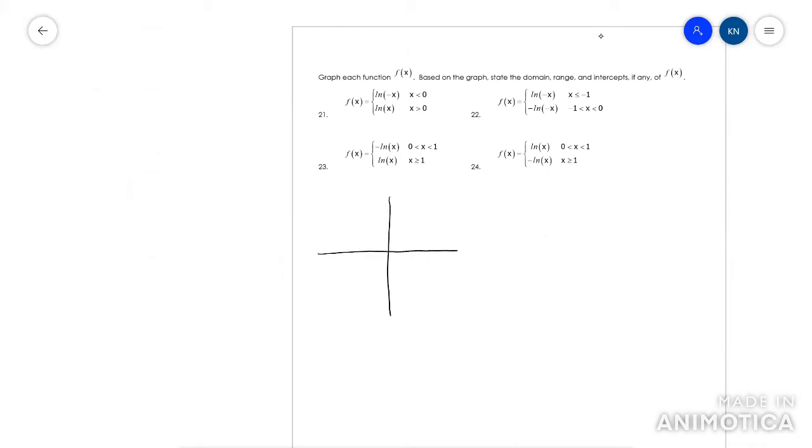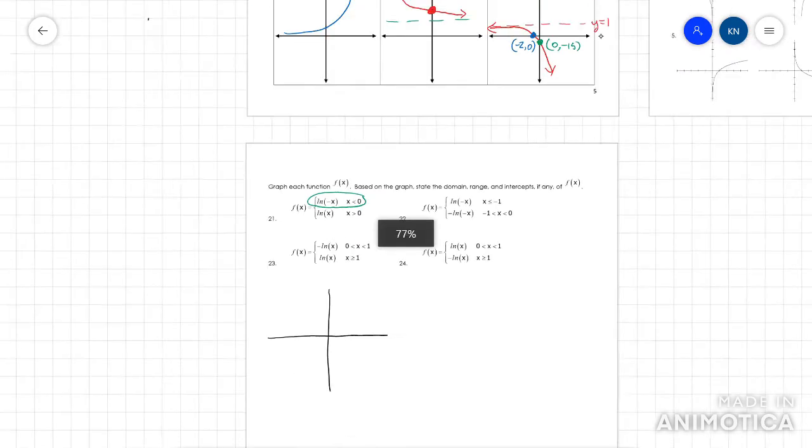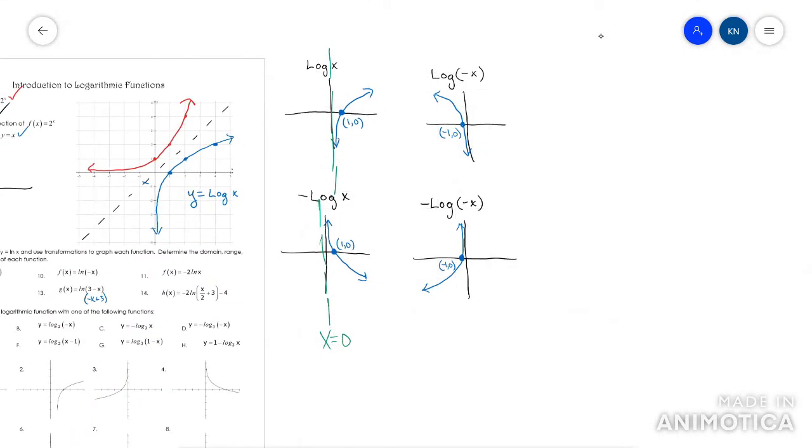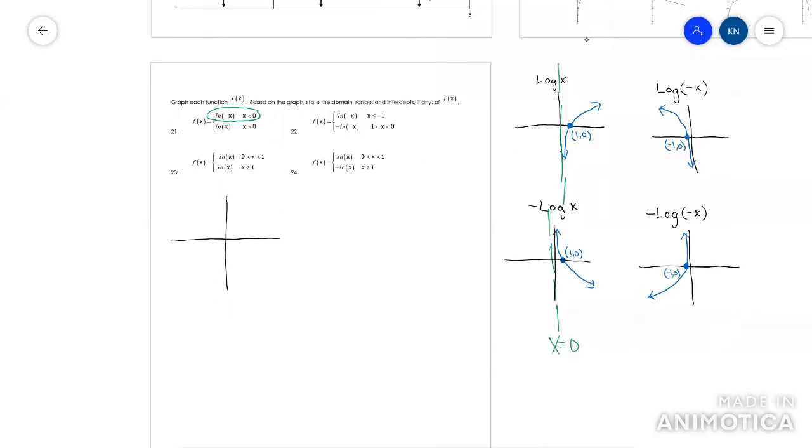Okay, there's two pieces, one less than 0 and one greater than 0. So let's do the less than 0 first. This less than 0 piece takes my ln negative x parent function shape. So let me see if I can just copy this. Give me 1 second. All right, there we go. So this ln negative x